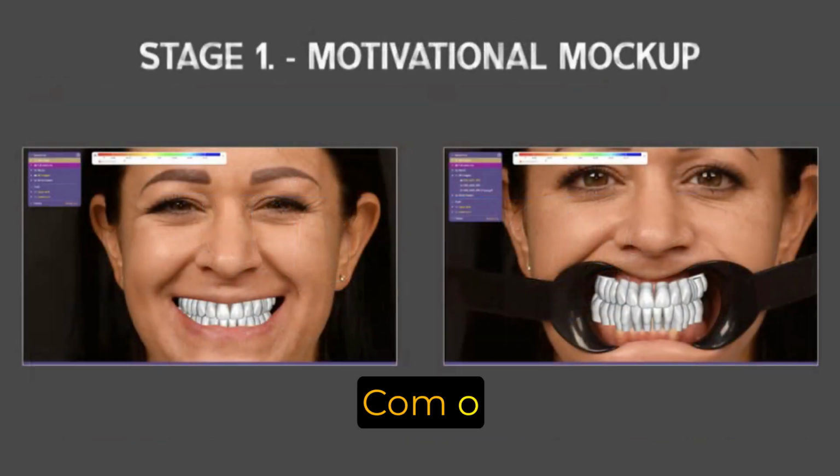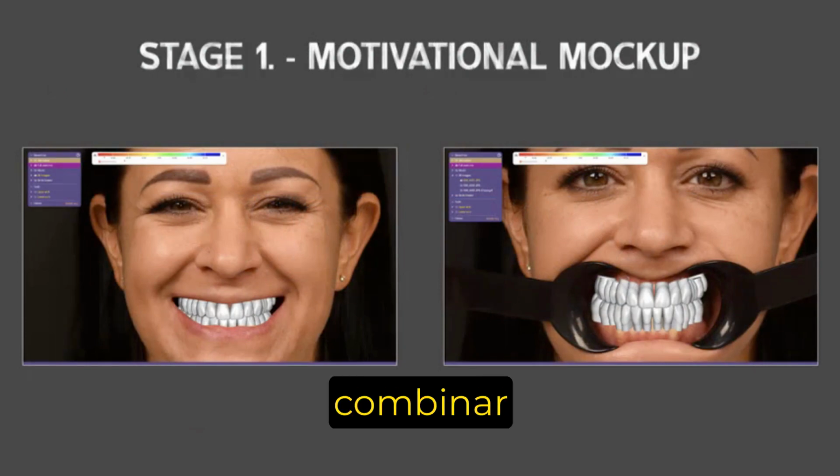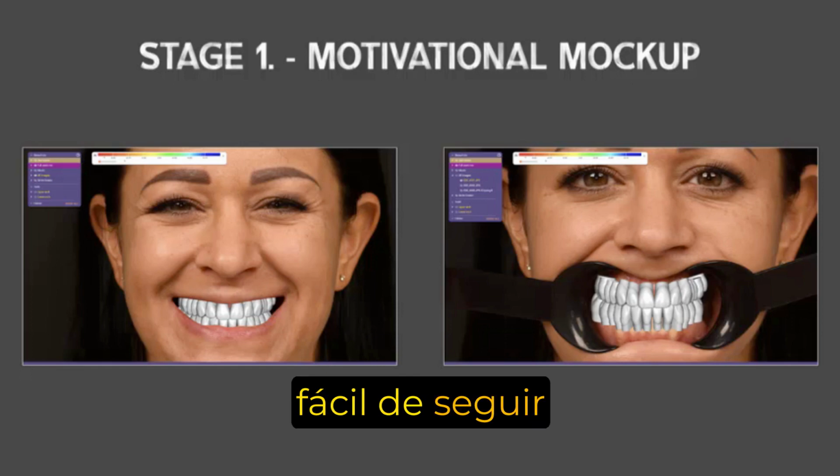which is why I highly recommend utilizing them in every case. With the digital smile design planning, we have the option to align or match the photo and 3D scan using any dental software. This picture serves as a guide throughout the design process, making it easier to follow and ensuring accurate results. Photo alignment is crucial in every digital case as it guides us to achieve the best result. Despite designing in 3D, the monitor screen is still 2D, which is why photo alignment is important and highly recommended